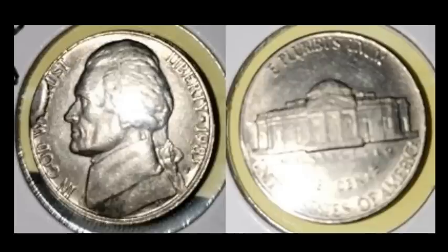And not the greatest pictures, but we know it's a cut die break on this 1983P Jefferson nickel. Just make sure you control your lighting when you're photographing coins, and primarily take your coin out of the 2x2 because you're not going to have nearly as much glare. But you can see the CUD over We and Trust right here. This one sold for